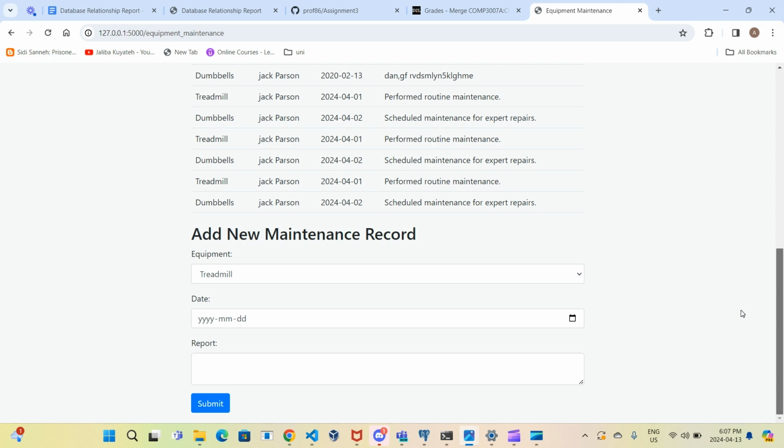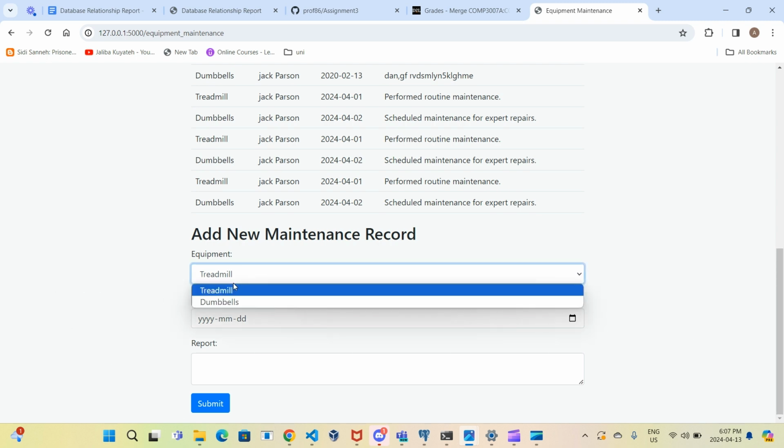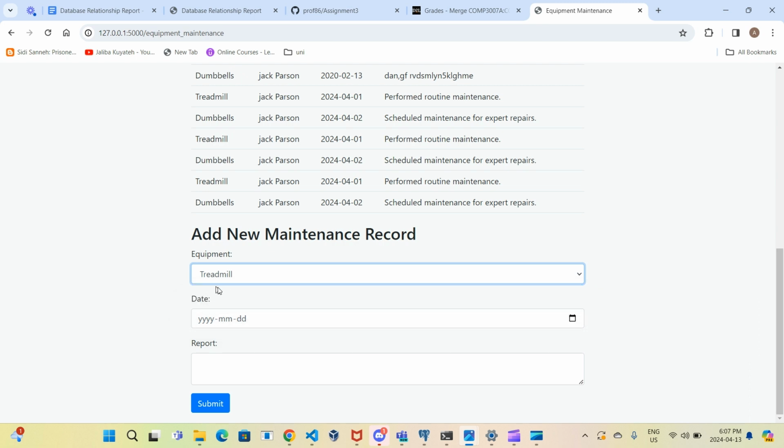Equipment may have a problem. Let's say the dumbbell or treadmill or something has a problem. For example, the main ones that I put here, treadmill. Which day did it have a problem? We have 22 days, the date is 2020, and we have 01, we have 12, or the 13th, sorry, the 13th. And so report,